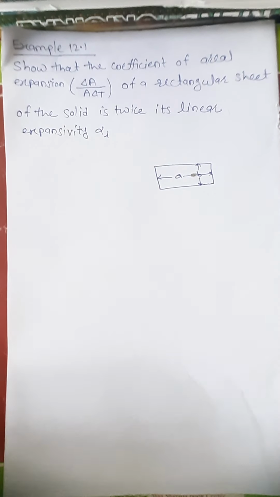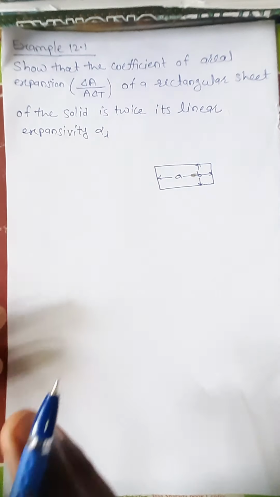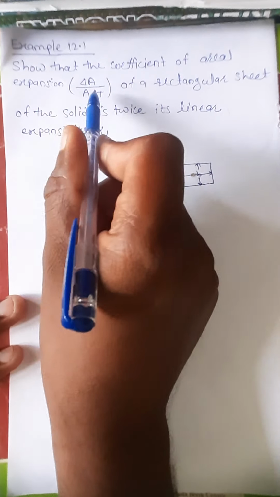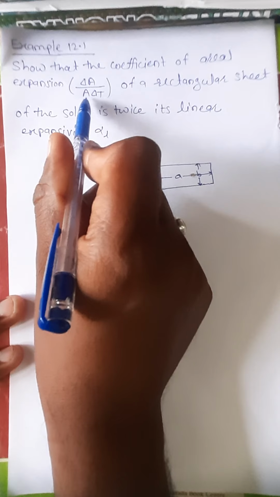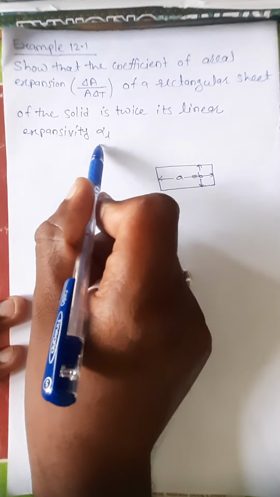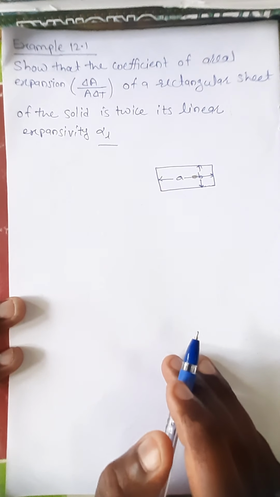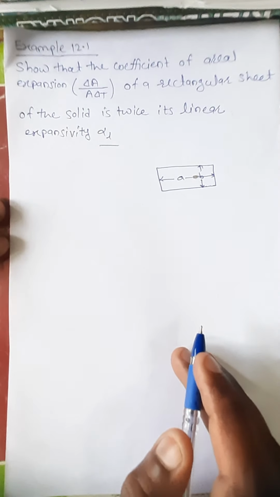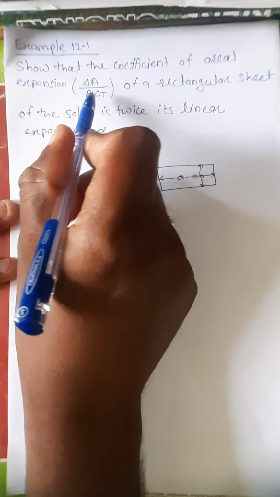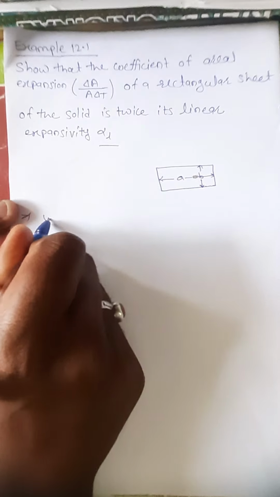Next, example 12.1. Show that the coefficient of areal expansion, delta A by A into delta T, of a rectangular sheet of a solid is twice its linear expansivity alpha L. What can they say? They can say that, show that. Okay, we have to show